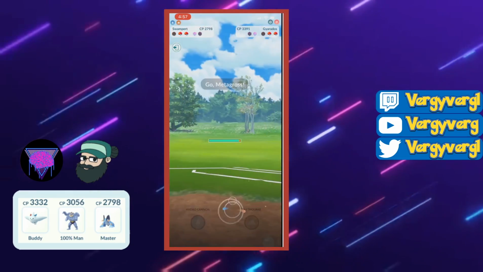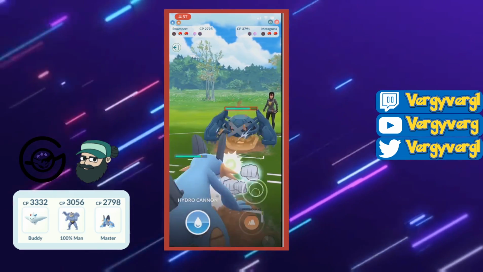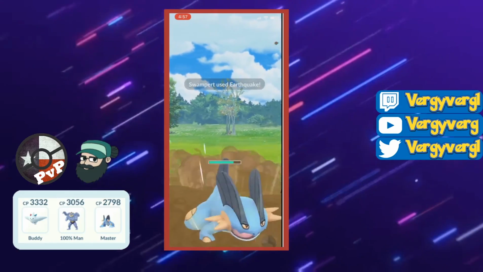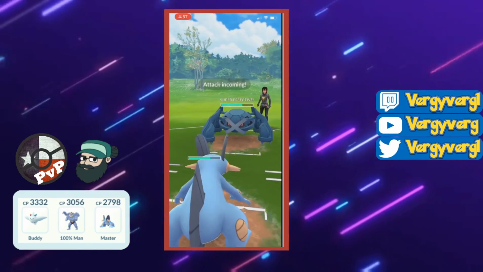Not too much, I guess, but yeah, and they end up having Metagross in the back, and it even shields. This is just Swampert's win for sure. I'll probably go for double Earthquake. This one's bound to be shielded, but we have time, so I might as well go for the double Earthquake. One thing we do have to be worried about is the Hydro Pump on